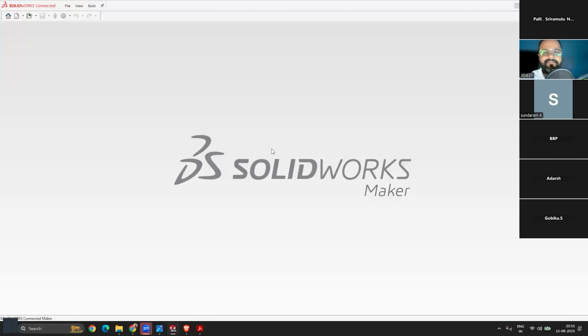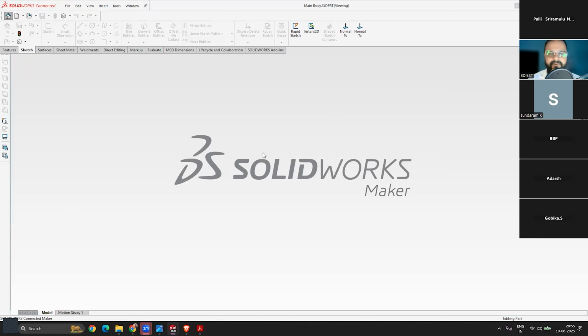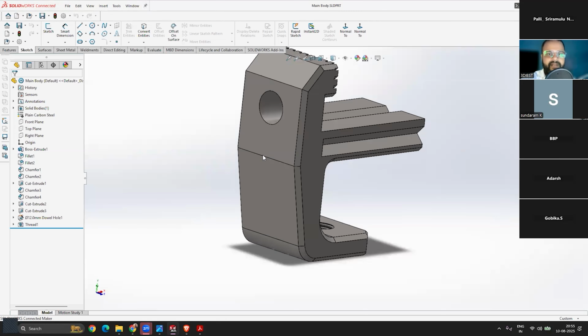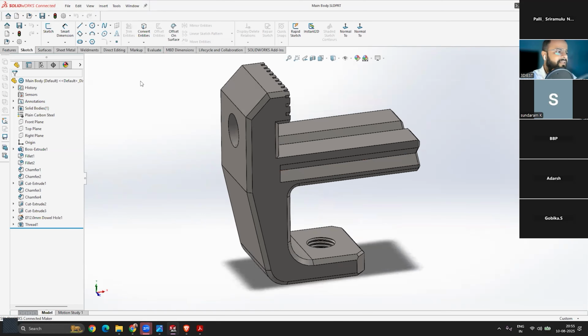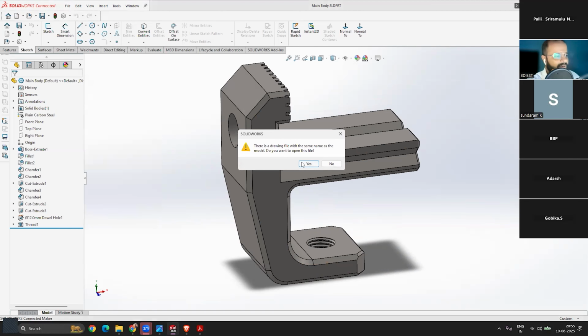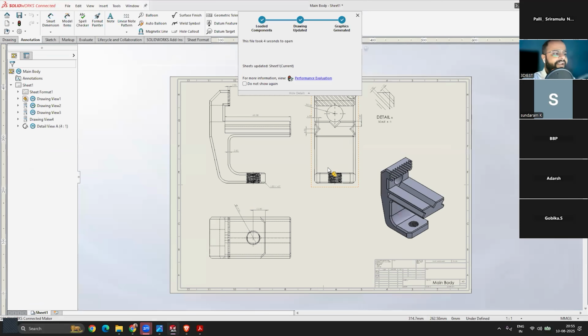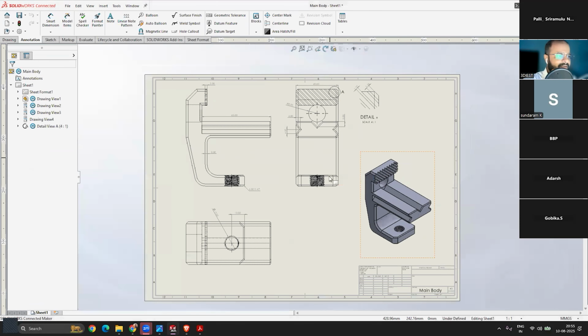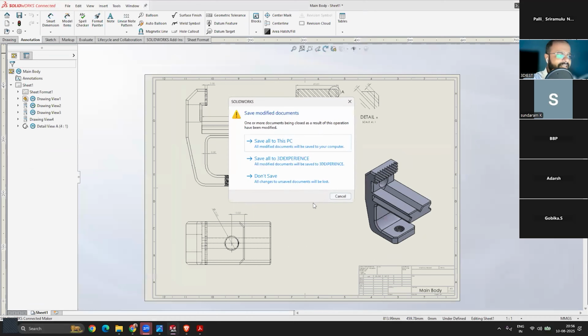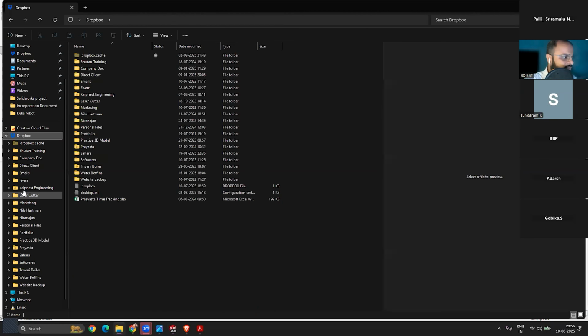Now we'll try the same with one of the part files, because knowing it for the part file is also very important. So we'll go on to the home tab. We'll launch one part file first, and I will show you how we can create a drawing for this part file. Same process. Once you open the part file, go on to this file menu, click on make drawing from part, click on yes. And since we already created a drawing over here, that's why it's getting opened. I will close it first. I will delete that first, so I can show you from the very beginning.